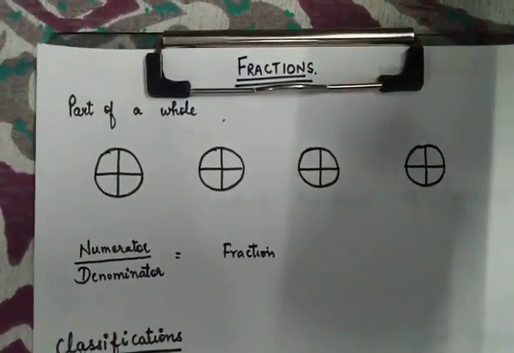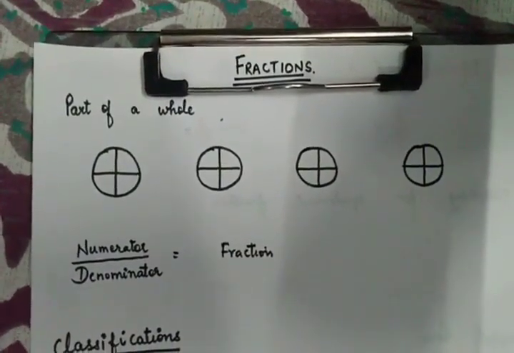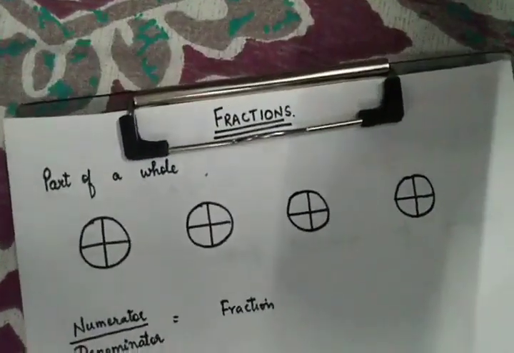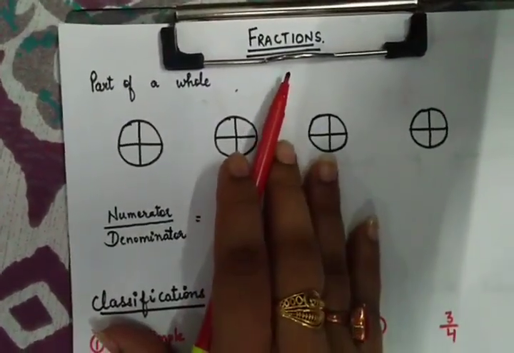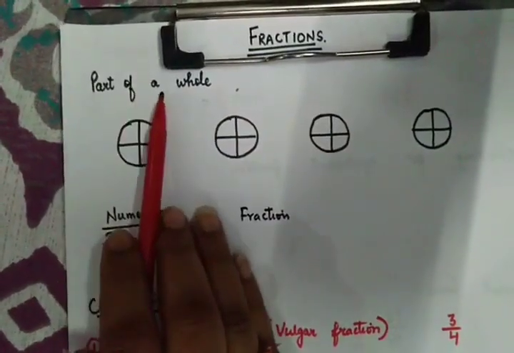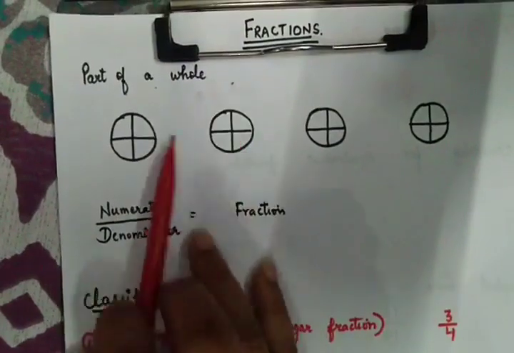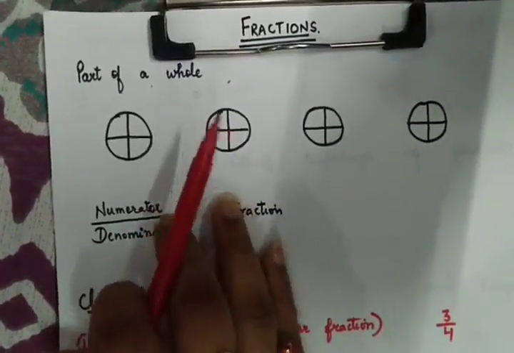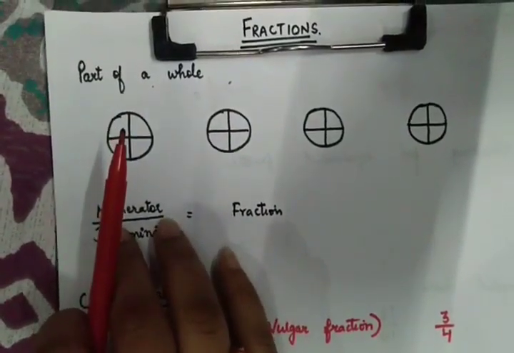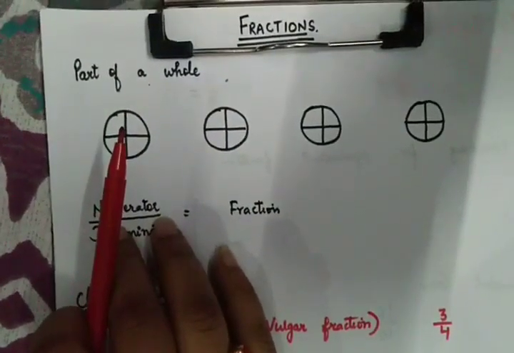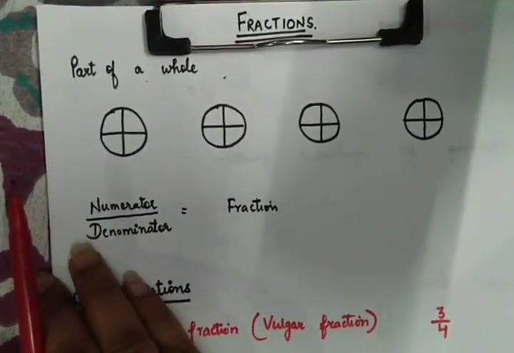So today let's start this chapter with a very basic discussion. First of all, let's see what actually fractions are. Fractions are defined as part of a whole quantity. Suppose you are having something and it is divided into smaller parts, so that part upon the whole quantity is defined as your fraction. Let's take a very basic example for that.